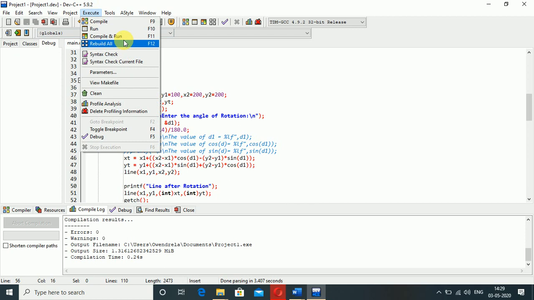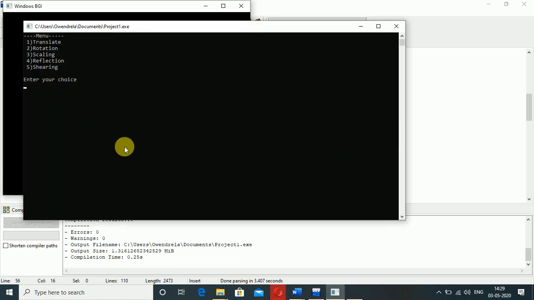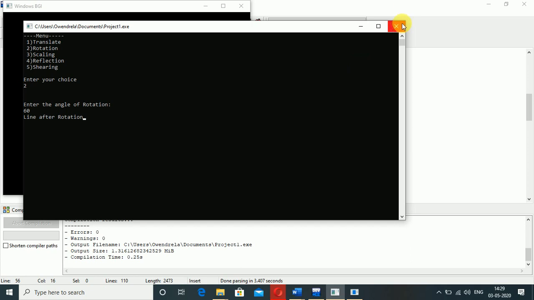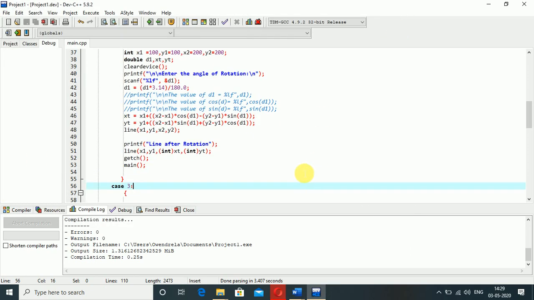Now check the output for the rotation. This line is before rotation and this line is after rotation, at a 60-degree angle.